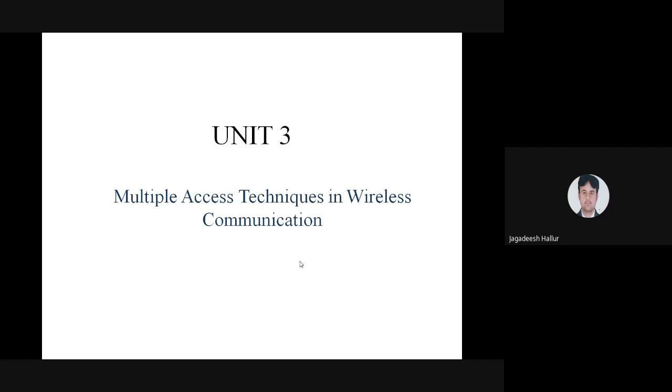Okay, unit number 3 is multiple access techniques in wireless communication. What is multiple access? Multi is nothing but many. They are going to access many users using different techniques. Which are the different techniques we are using in wireless communication? The techniques used in wireless communication are